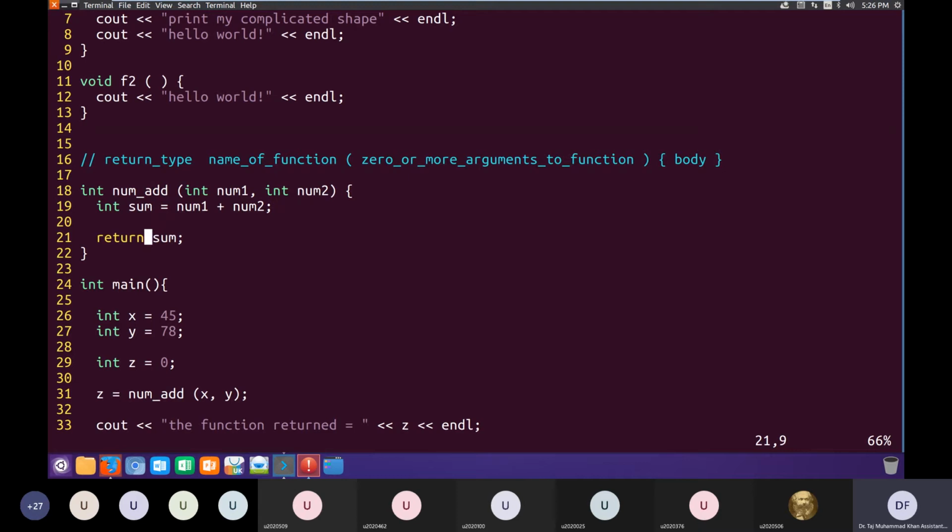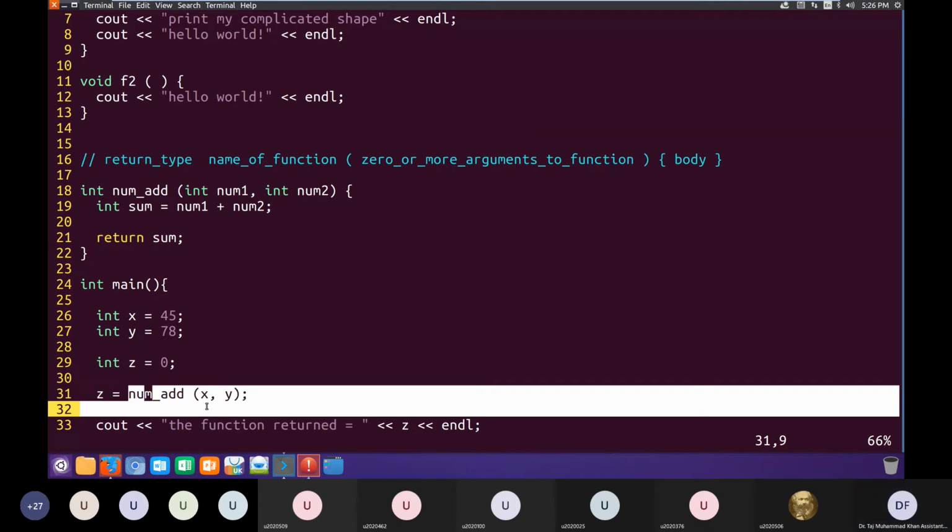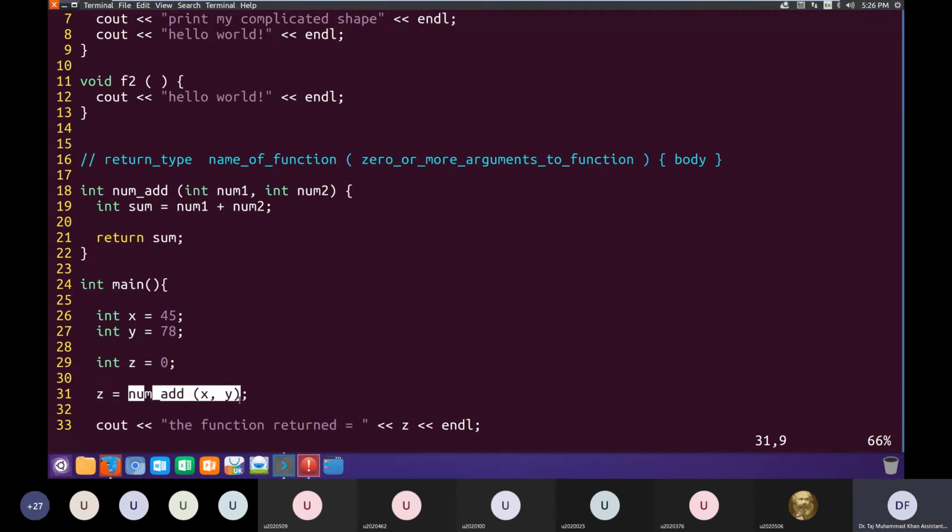It will return sum. After this the function finishes, and after completing this function, it will jump back again to line number 31. Now that it has finished this function call, it will replace this function call with the value returned by that function, which is the value of sum.